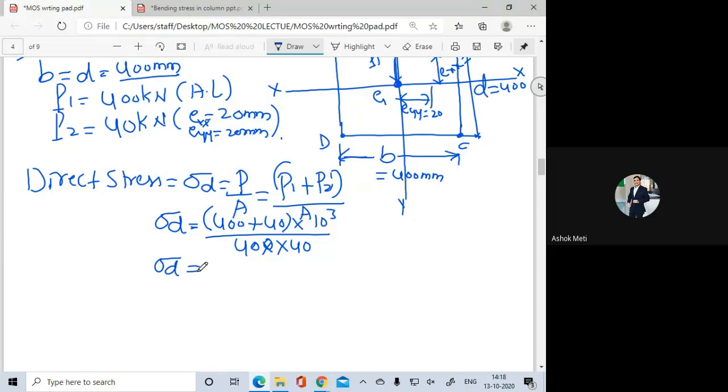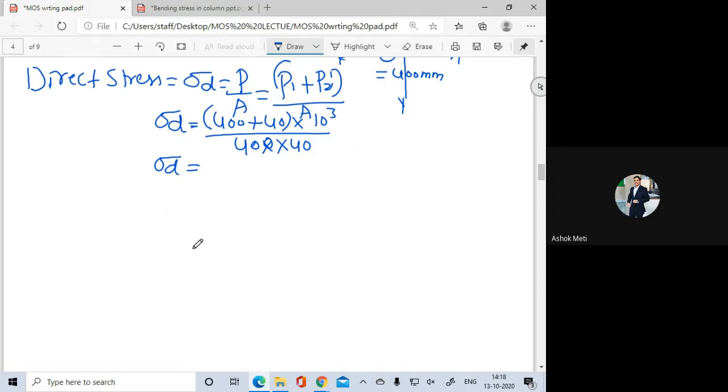It is a direct stress. Direct stress due to the axial load as well as the eccentric loading. Yes, can you tell me? $2.75. Okay, now 2.75. So here, as you know, this is positive. Sigma D is plus 2.75 because of the axial load. That direct stress is always compressive, so it is positive. Next is bending stress. So here bending stress is due to the eccentric loading only.